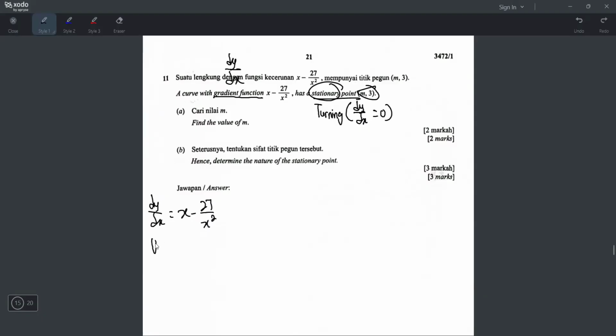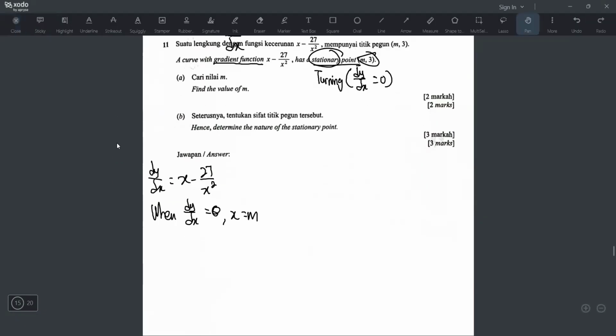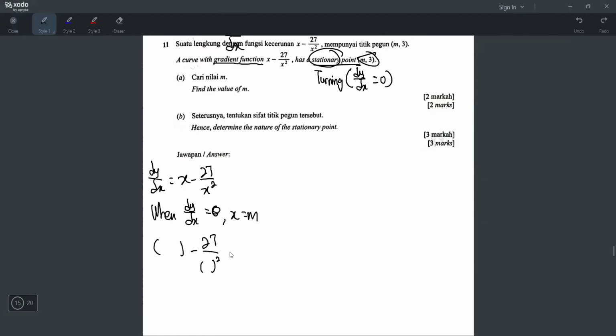So what you do now is you just substitute dy/dx equals 0. When dy/dx equals 0, you find the x coordinate, and the x coordinate will be the m. Because they already said the turning point is (m, 3), it means when you do dy/dx equals 0, the x value will be the same as m here. So you just take x minus 27 over x squared equals 0, but the x will be